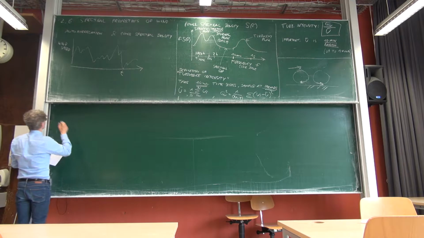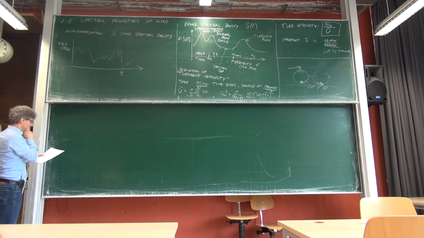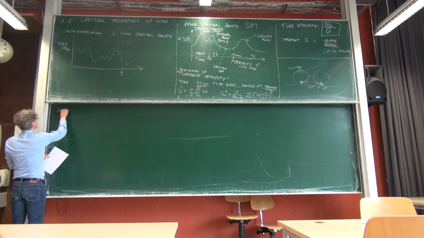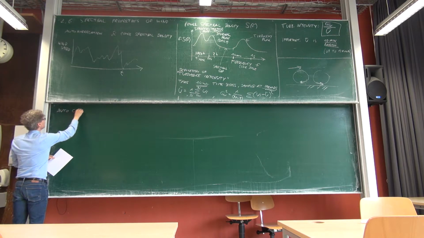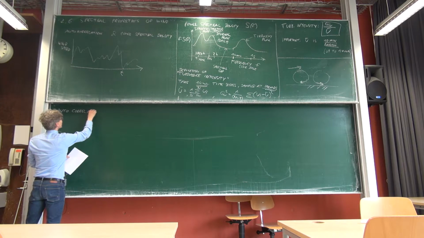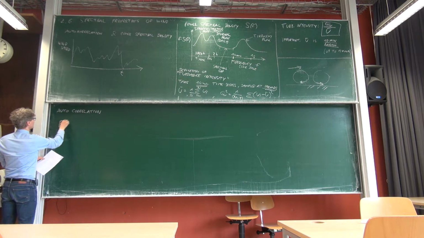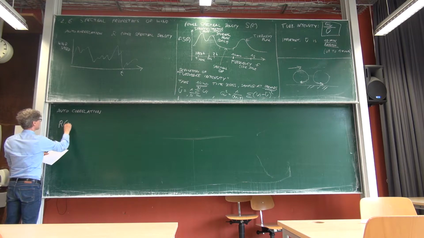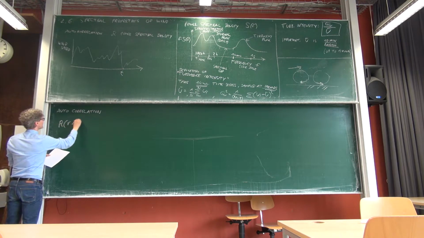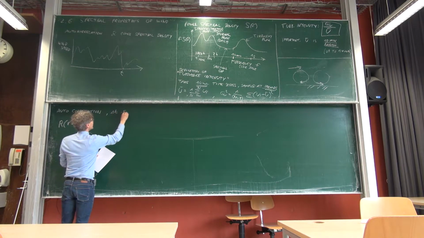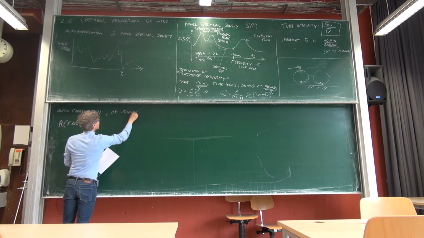So let me just think about autocorrelation. What is autocorrelation as a definition? And I think, if I'm not mistaken, my definition is a bit wrong. So if you have a time series sampled with delta t, it's a sampling time,